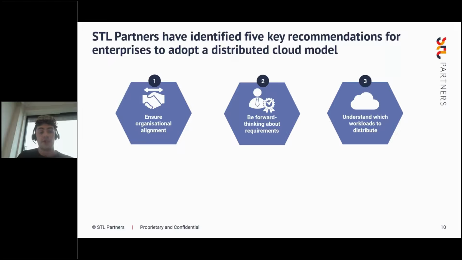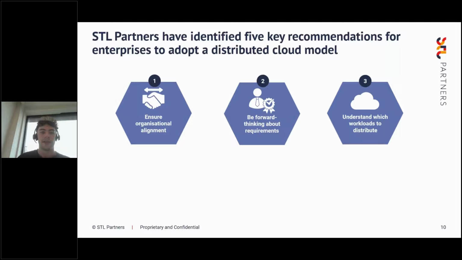So the first is to ensure organizational alignment within the enterprise, particularly between the IT and finance teams, when gathering and evaluating cloud costs in their entirety and assessing whether to have a more OPEX or CAPEX centric IT strategy. So, for example, where it may not seem attractive for enterprises to buy and operate their own servers, the overall investment may be lower than ongoing cloud OPEX costs. So enterprises should be carrying out a cost-benefit analysis to consider the impact on their revenues were they not to